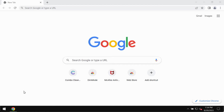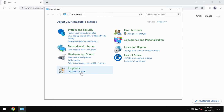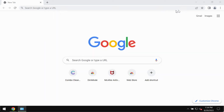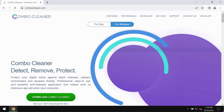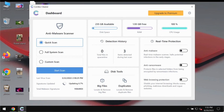If any potentially unwanted programs were mistakenly installed, check the control panel of your computer and uninstall any programs that are suspicious. I would also recommend researching the system with Combo Cleaner Antivirus. Please get it on the page combocleaner.com, download the software, install it, and begin thoroughly researching and investigating your system